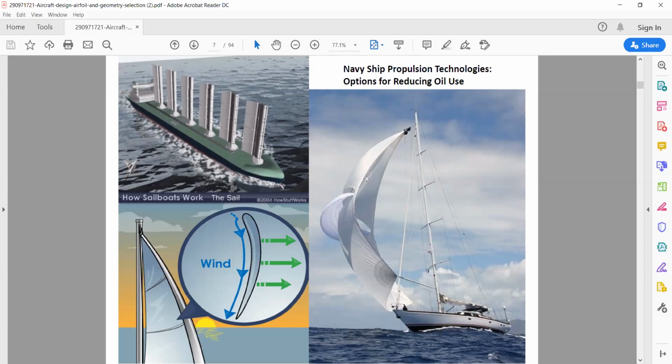You can see that this is to reduce the obstruction to the flow. The opposition should be reduced, meaning the airflow should be smooth. Correct? It should not be turbulent. To reduce that, we are using this. And you can also see the shape of ships and sailboats have a sharp edge at the front, all to reduce this. Understood? They are called Navy ship propulsion technologies.